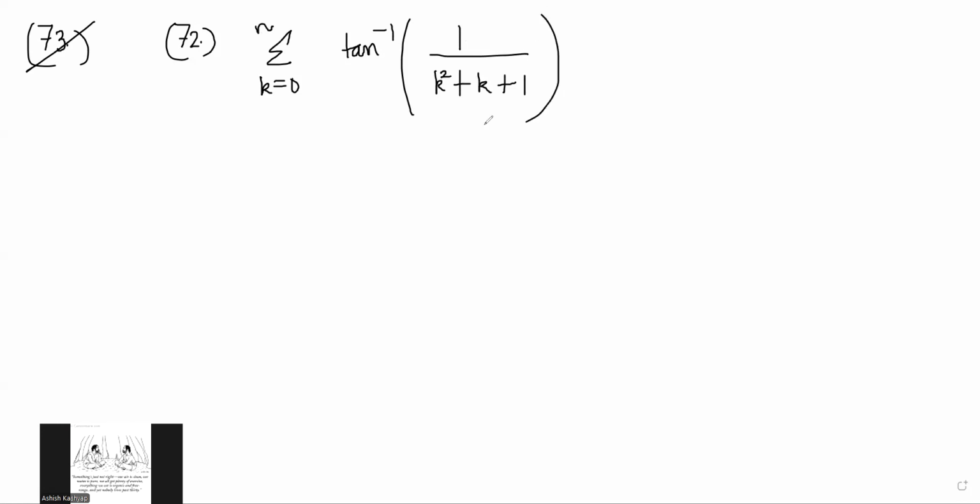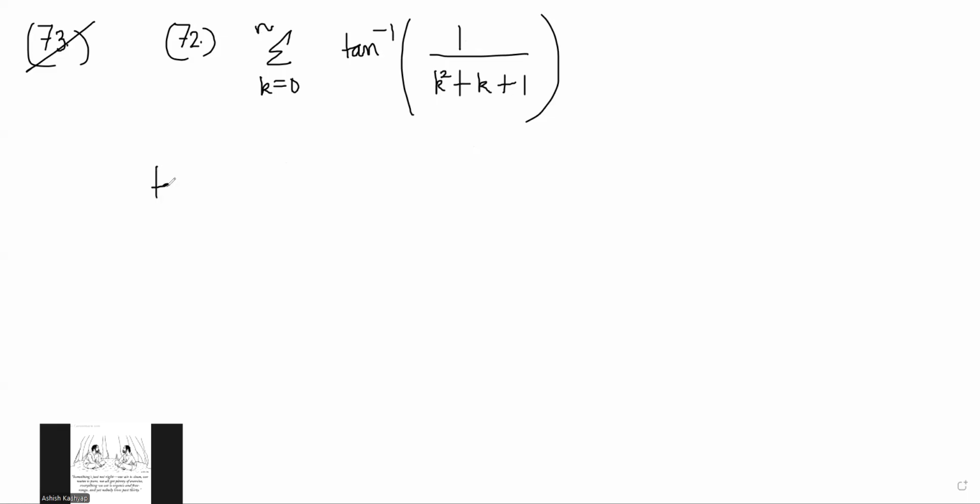Okay. So 72 first. You have summation k goes from 0 to n tan inverse of 1 by k square plus k plus 1. This is a standard thing. The point is,